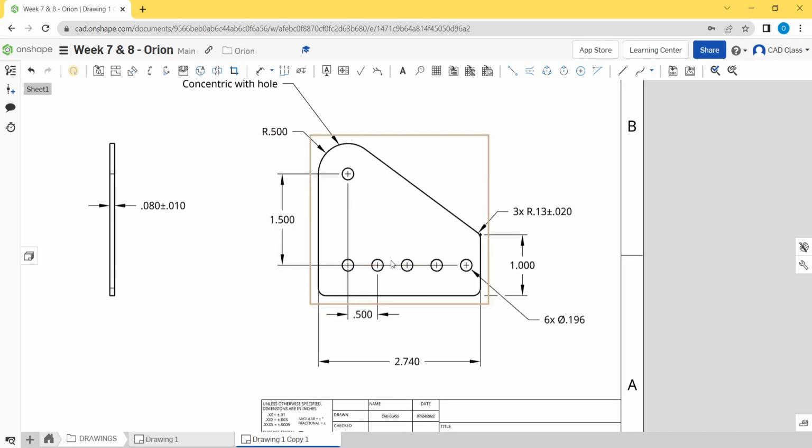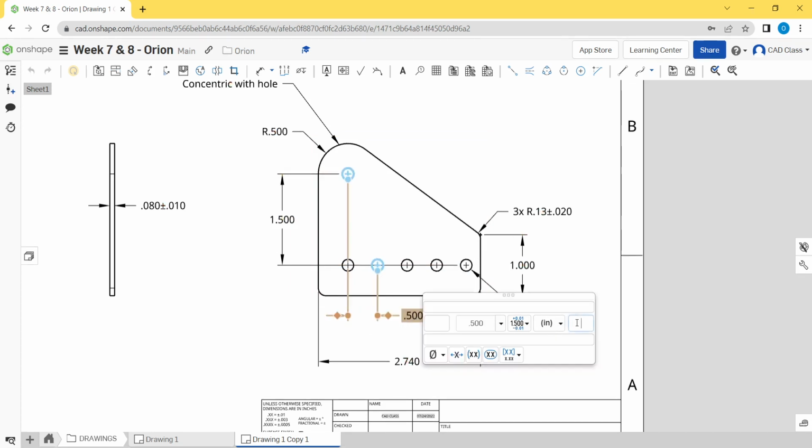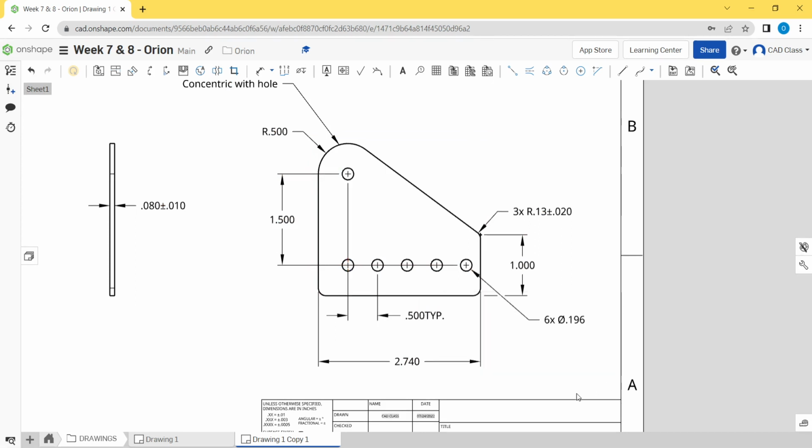And what we can actually do here is use a little trick so that we don't have to dimension each one of these individually. I'm going to drag this out to the side and then double click on it. We could put a little note at the back that's TYP and then a dot, because it's an abbreviation. Then hit escape. Oops, I should put a space in front of this. Escape. This is a little abbreviation that stands for typical, and it basically just means that